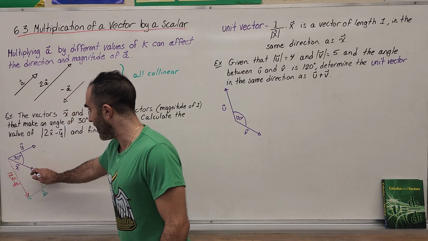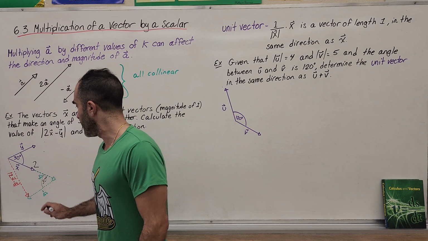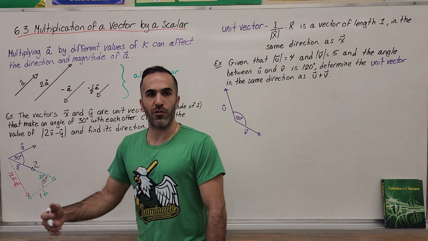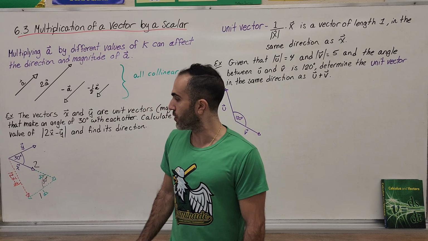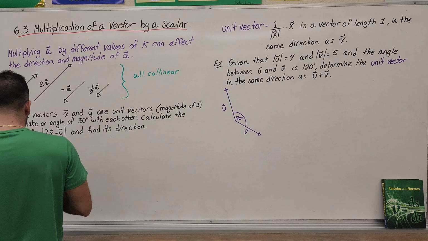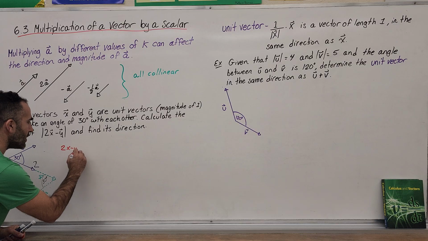Okay, and I have to find the red. I know that this length is 2 x's, and since they're unit vectors, it's really a 2. And this -y is a 1. Okay, so it's just a triangle with a 2, a 1, and a 30 in between. It's pure cosine law to get the red line. So I'm going to set up my cosine law. Say 2x minus y